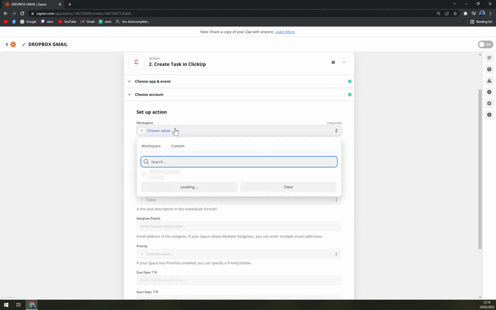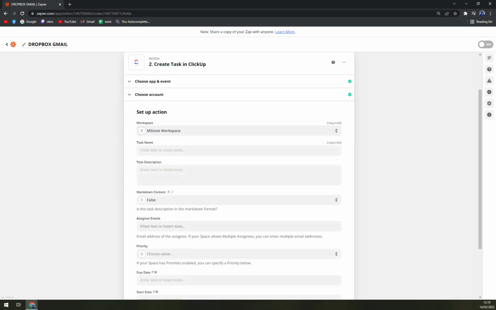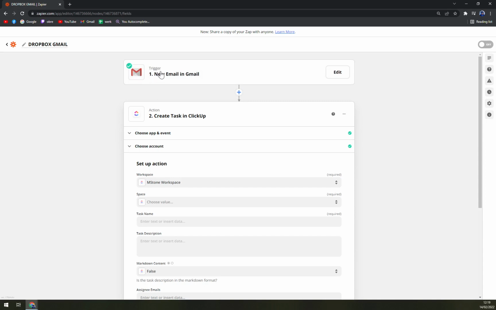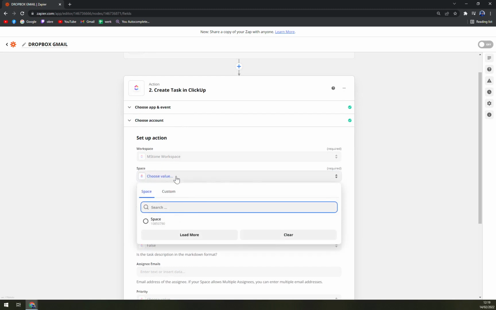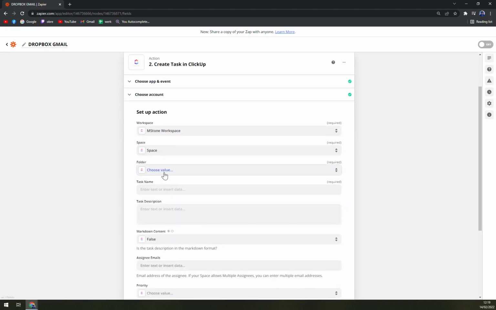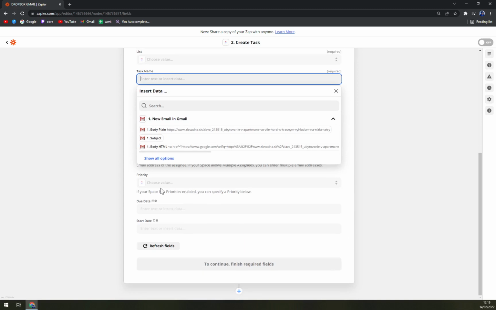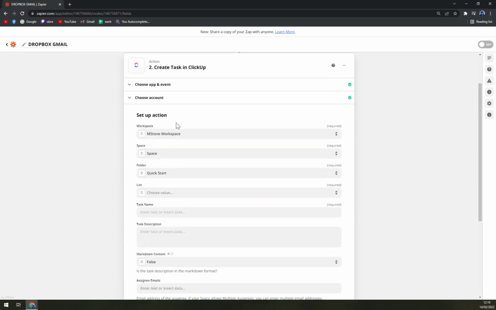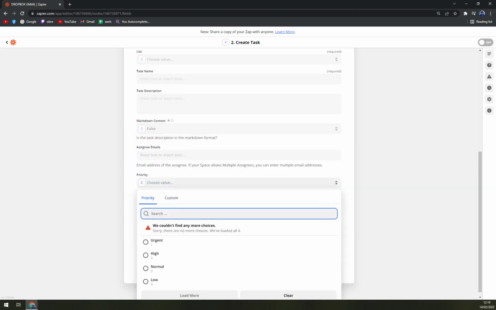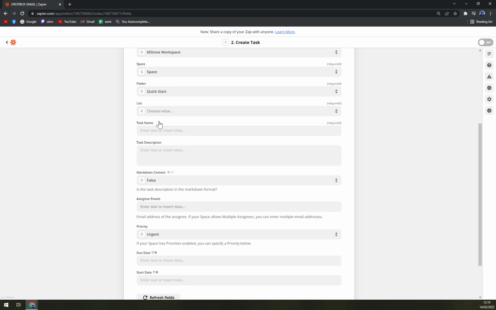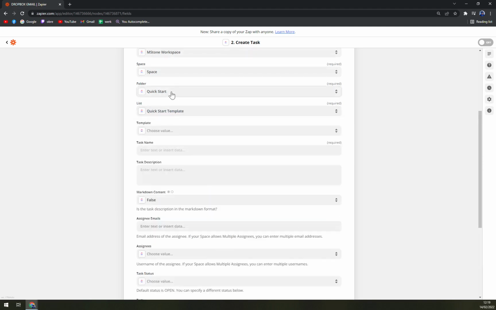Now in this workspace, we have to start with the workspace that we want to put this integration into. So the trigger will affect the mStone workspace, the values that we really want to. Then let's go with space, and now we can go with a quick start folder and also task name. Once you fill in all the information, you first of all go with all the arrows here, quick template, quick start,